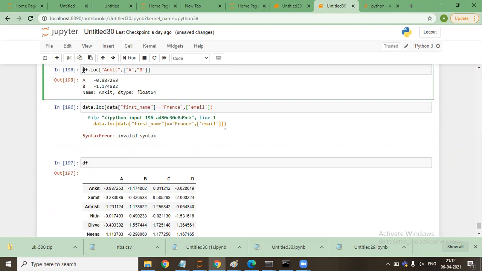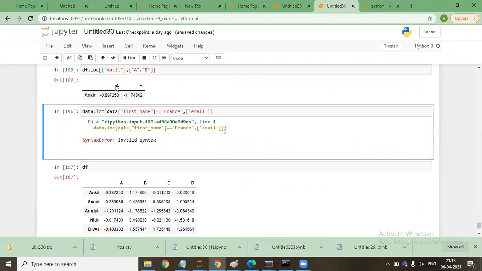With me? Yes, sir. This is not a way of creating a data frame. This is a way of seeing the output, either as a data frame or as a series. Now it is being seen as a series, but when I use square brackets like this, we can see the output as a data frame.